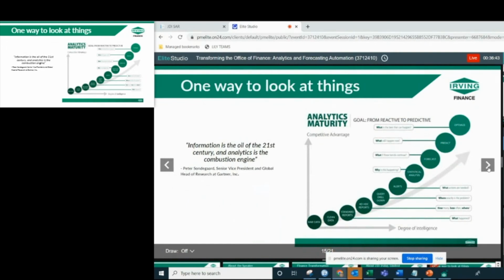So let's have a slide here, just really to show the analytics maturity. This is the maturity curve that we're using here in finance to show our degree of intelligence when it comes to leveraging data better and to give us better insights into the financial data to drive better decision making. So as we increase our capabilities, we're going to increase our competitive advantage